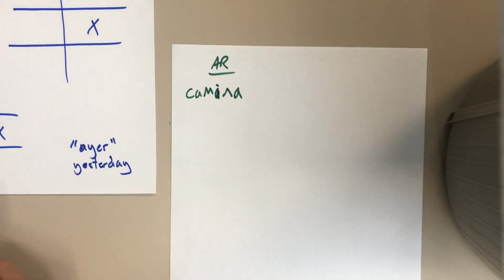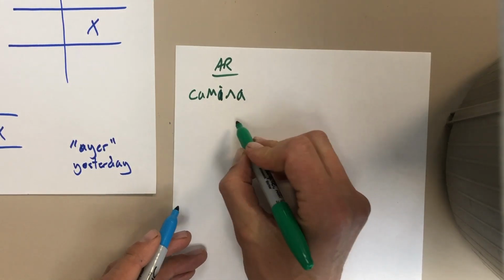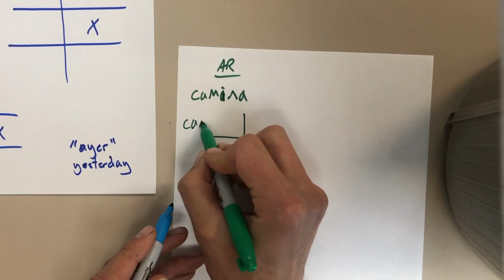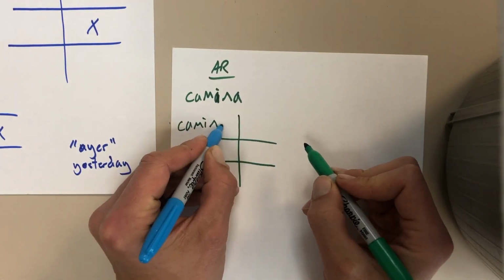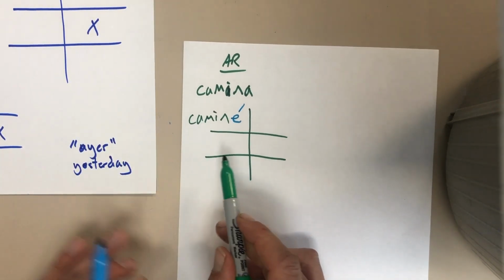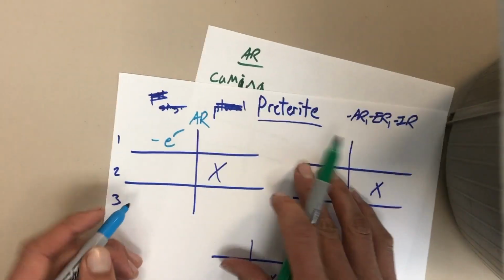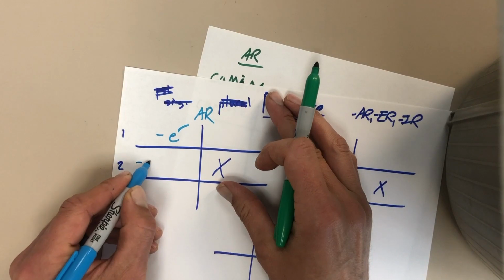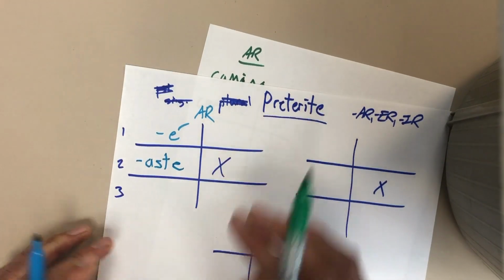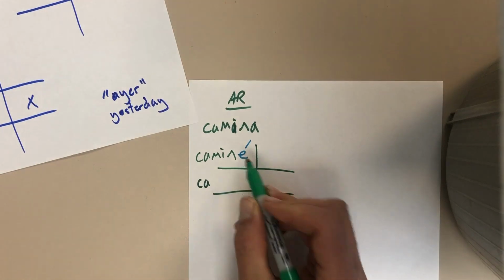Wait, so would past be camina with that? Depends. If it's I walked, it would be camine. If it's you walked, we wouldn't say camine, because that's I walked. The chart you're looking at in those videos has all these things on it, same as the wall, and I'll let you keep this. So if it's you walked, we'd say